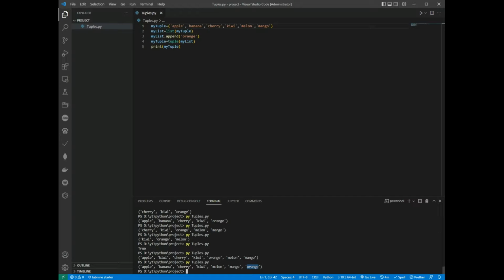And add tuple to a tuple. You are allowed to add tuples to tuples. So if you want to add one item or many, create a new tuple with the items and add it to the existing tuple. So